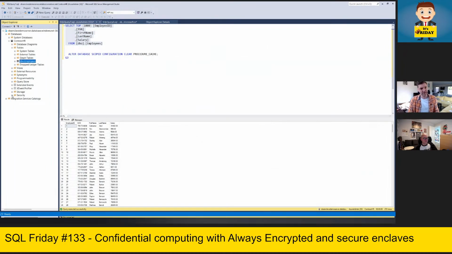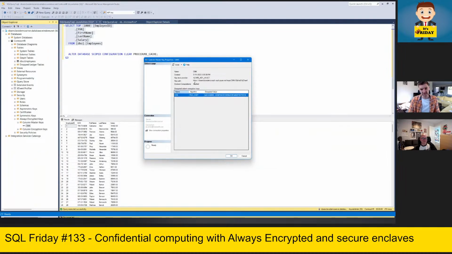The first step that you need to do before you can configure your database with Always Encrypted is configuring the Always Encrypted keys. So you need to configure a column master key that is pointing to the key that is stored in the key vault. Let me show you this. So here you can see the key path and it's actually going to my key vault, and you can see that also CMK.